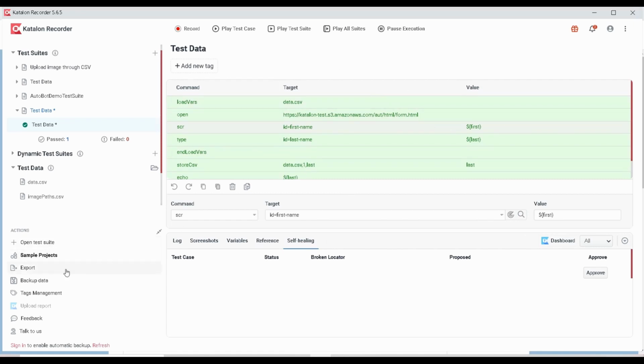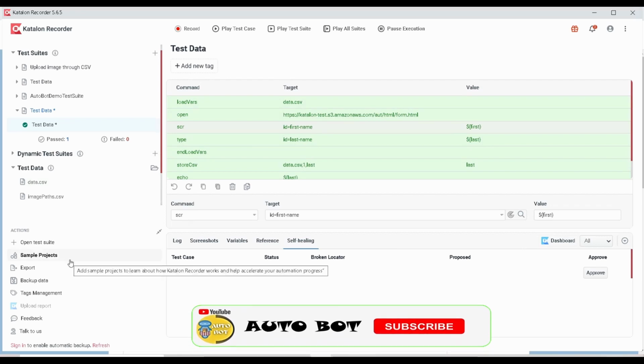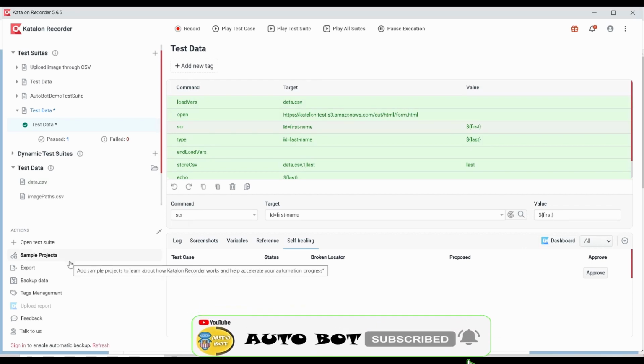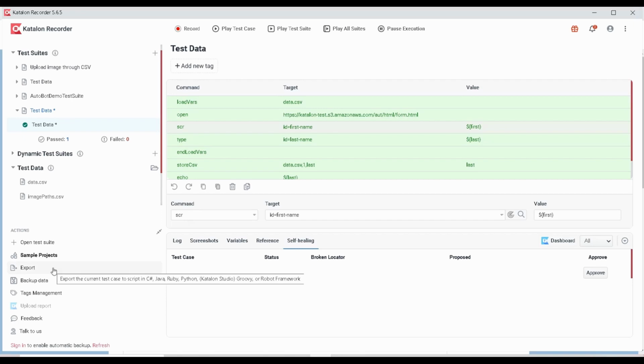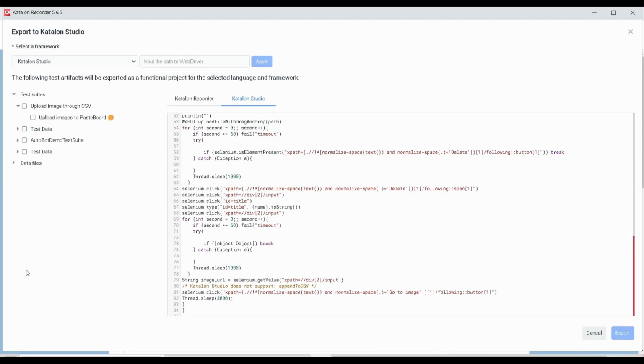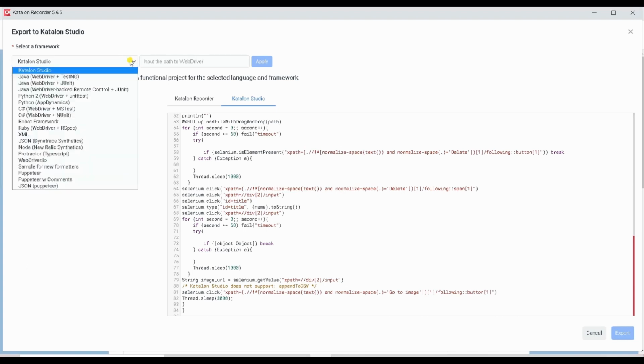And okay, let me go here and I will show you what are the other points available here. And export is there. So export is another good feature that is provided by Katalon. Okay, so here if you record a test case, or if you are creating some test case using this Katalon command, you can see it in this format, right? So this is like a Katalon format. If you want to export this to some different format or to some different programming language, you can click on that export, and here you can choose different kinds of languages.